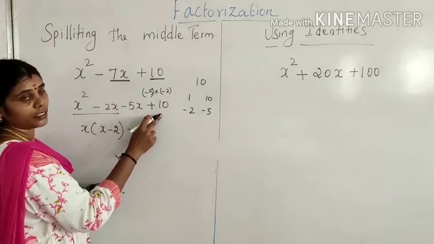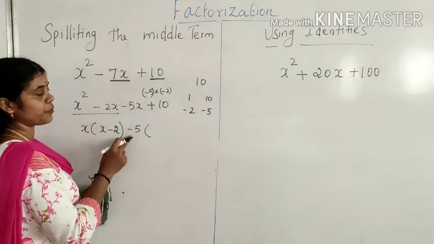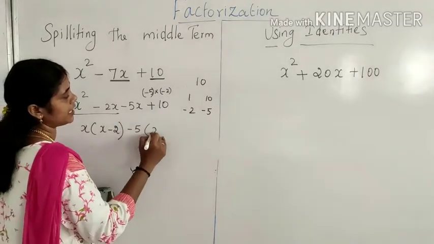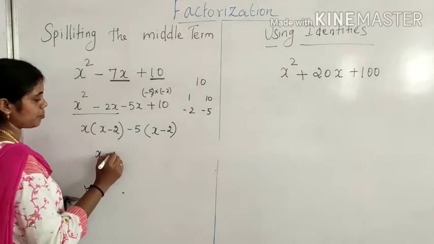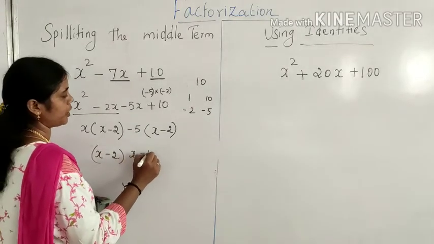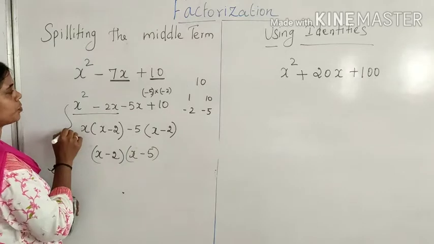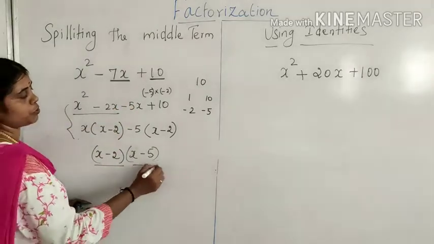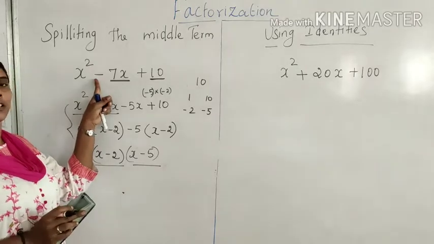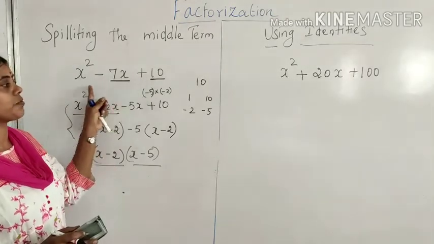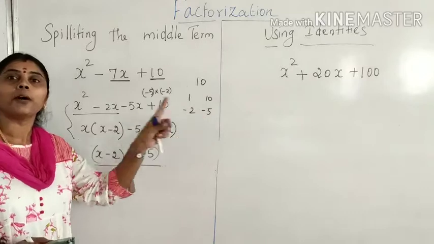Like this we can write it. So we have taken this minus 5 as common out. Left is x and this minus 2. So here common is x minus 2 and x minus 5. Instead of solving these two, I wrote it first directly: x minus 2, x minus 5. Right. So here the middle term is minus and the last term is plus, so we can understand both are minus.